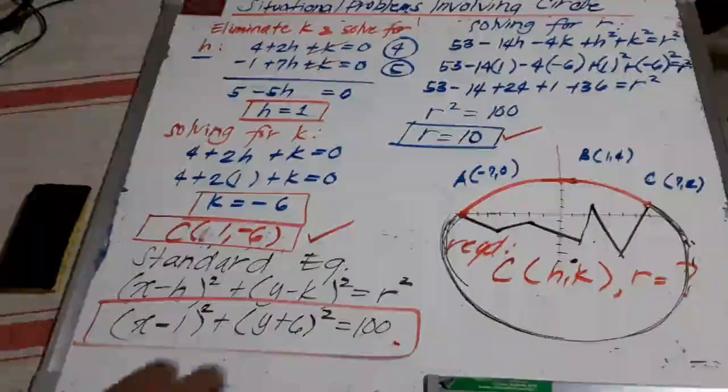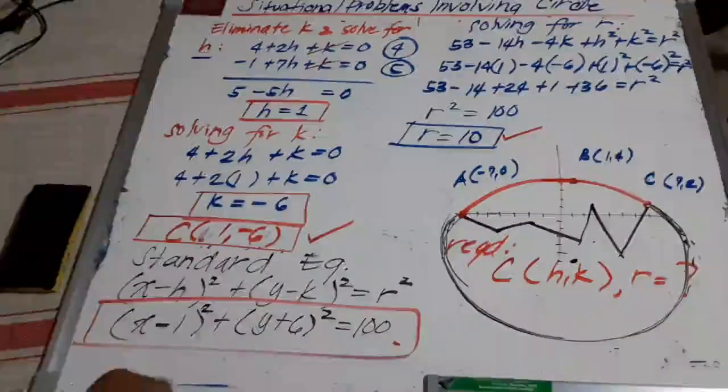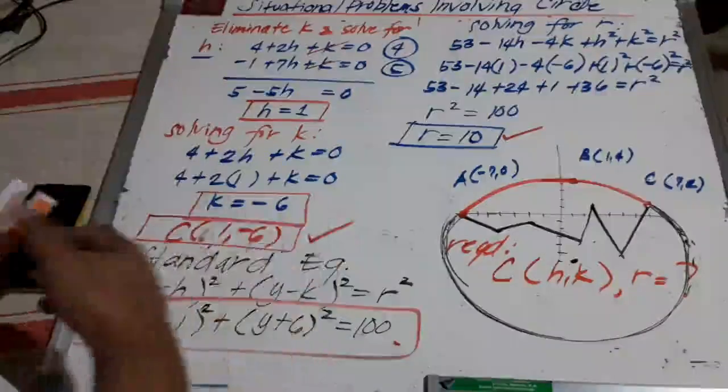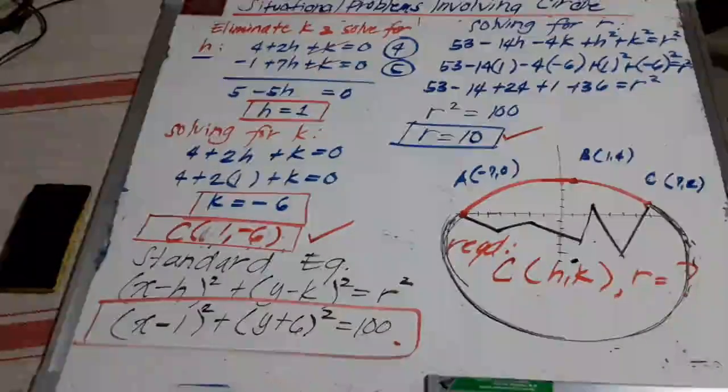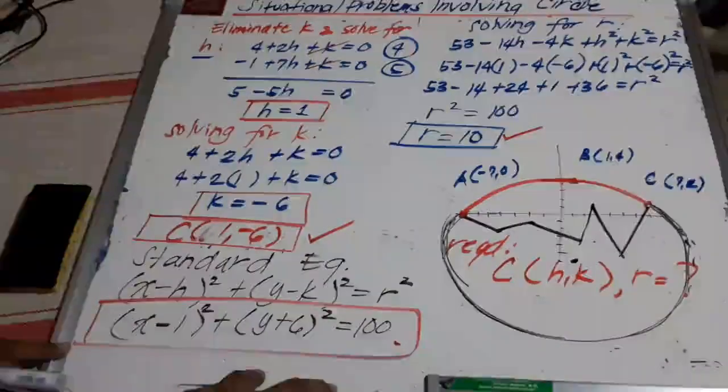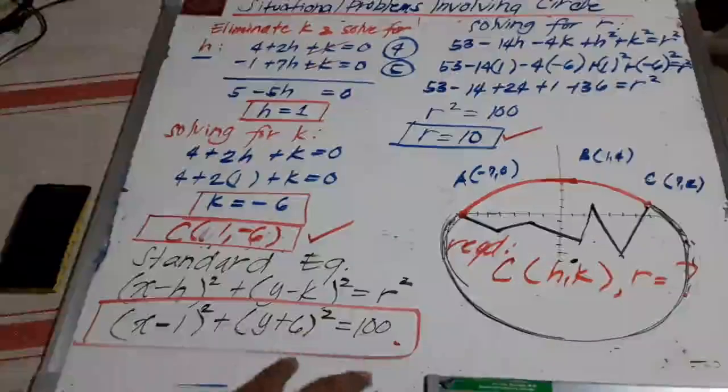Okay. Ang center niya ay 1, negative 6. The length of the radius is 10. So the diameter of the plate will be 20 units. And then the standard equation will be (x minus 1) squared plus (y plus 6) squared equals